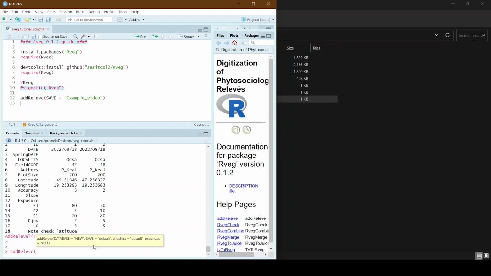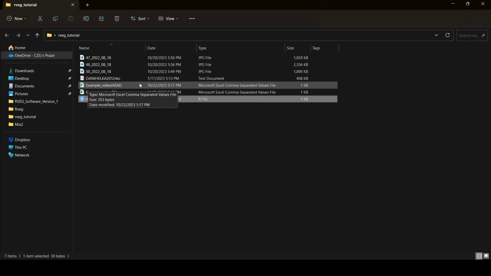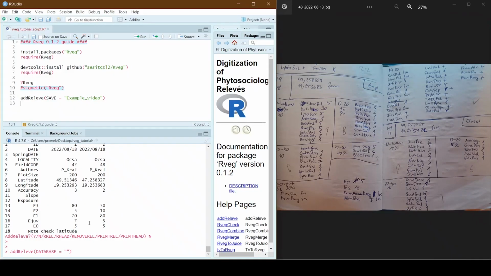But now, the important thing is the argument database. We do not want to create a new database, so we want to edit the existing one already. By the name of our database, example video, we would start editing this database. But we again have to also make the argument save.